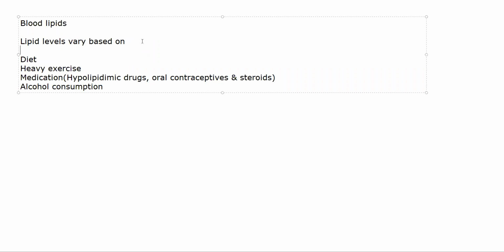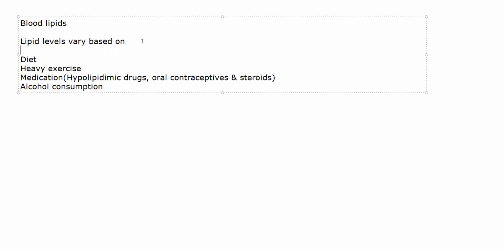Now, whenever you are checking for cholesterol and triglycerides, the sample that you are taking can be stored for a long period of time. Let's suppose you take a blood sample from a patient and you specifically want to check for cholesterol and triglycerides. That test can be done after several days. The blood sample will have stable cholesterol and triglycerides for a very long period of time. Okay, for several weeks itself, you can store that blood sample at 15 degrees centigrade.